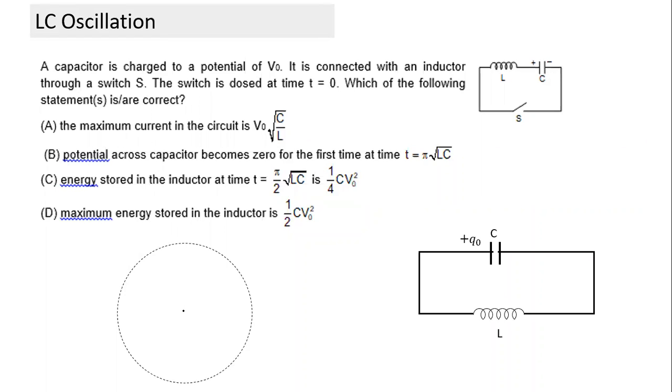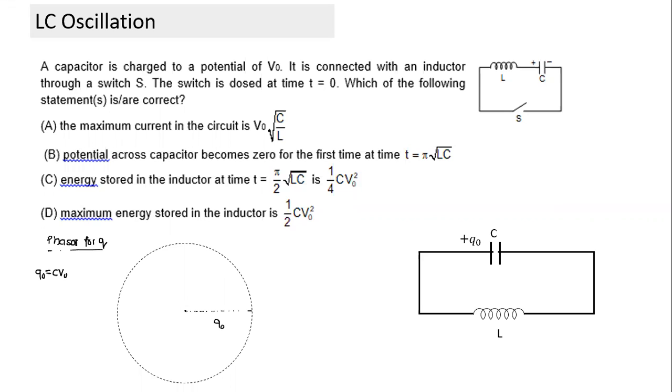Karthikeya, can you tell me, first of all, to draw a phasor, what has to be the radius of the circle on which I'll draw the phasor? The maximum value. What is the maximum value in this particular case? The capacitor is charged to potential V0. I'm trying to draw the phasor for charge Q on the capacitor. So what is the maximum value of charge here? If it is charged to potential V0, what is the maximum charge? C into V0. So Q0 is equal to Q max, which is C V0. So the radius is equal to Q0.